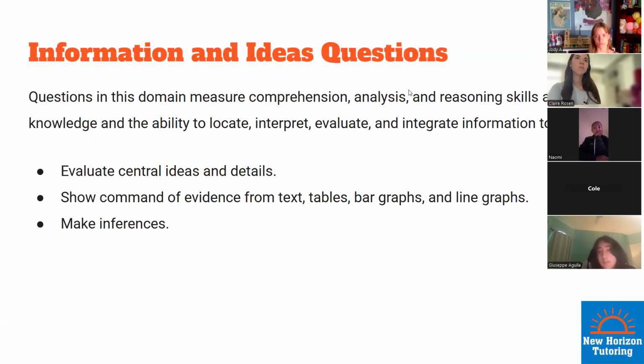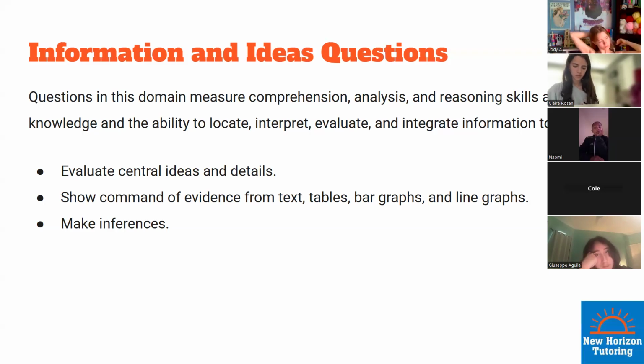Okay, so the first type of questions that we have are these information and ideas questions. This is copied straight from the College Board website. It says, questions in this domain measure comprehension, analysis, and reasoning skills, and knowledge and the ability to locate, interpret, evaluate, and integrate information to evaluate central ideas and details, show command of evidence from text, tables, bar graphs, and line graphs, and make inferences. Okay, so basically what they're saying is you're going to find the main idea, find details or facts to back up a claim,